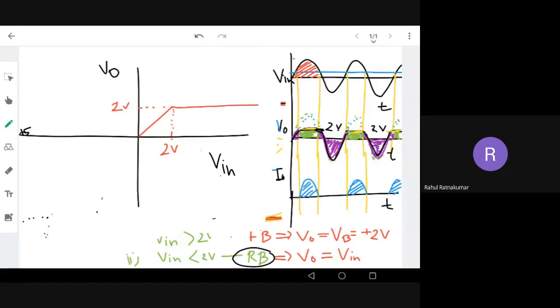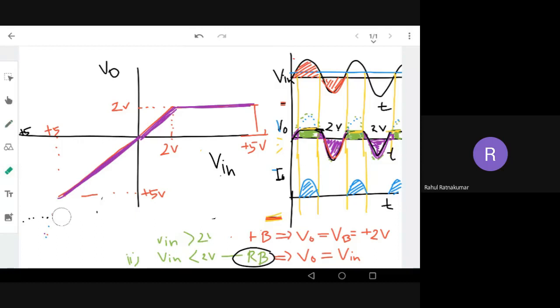Clear? Now the reverse: when V in is a negative voltage, less than 0 volt, what happens? My V out is following my V in, right? So it will be simply like this. Okay, so this is my V out versus V in graph. Clear? My V in maximum is reaching plus 5 volt, and this is also reaching maximum plus 5 volt. The main thing is your graph has to be in this shape: it increases and at 2 volt it is saturated. That's it. This is the more important thing. Okay, I think this is clear. You can analyze the circuit and you'll be able to draw V out versus V in.